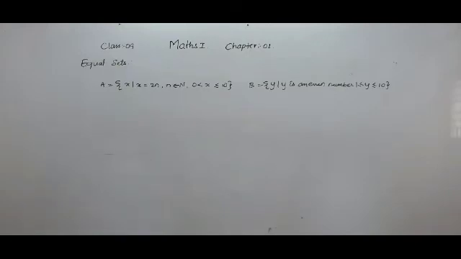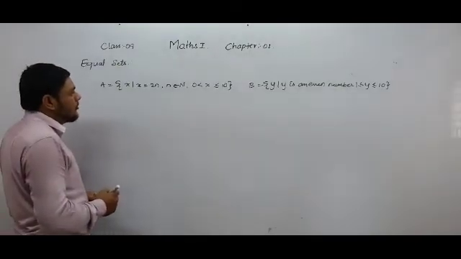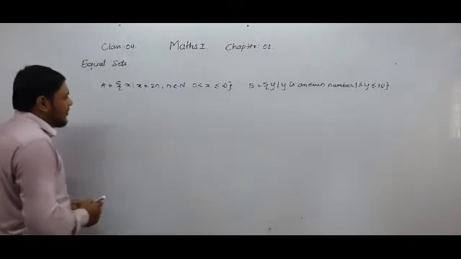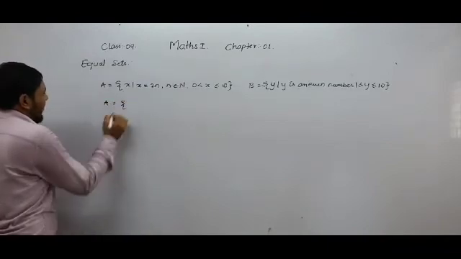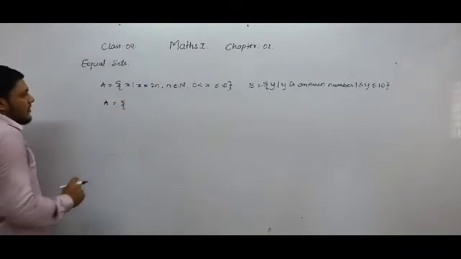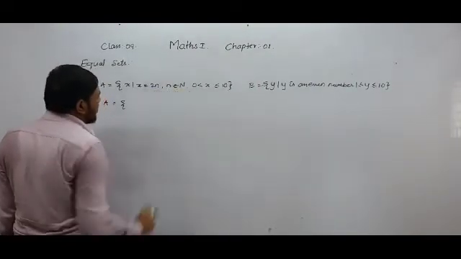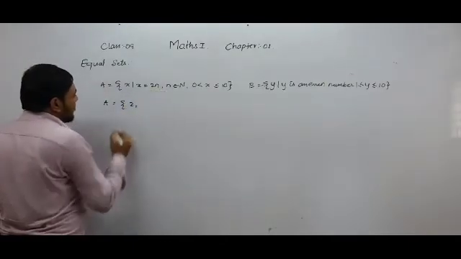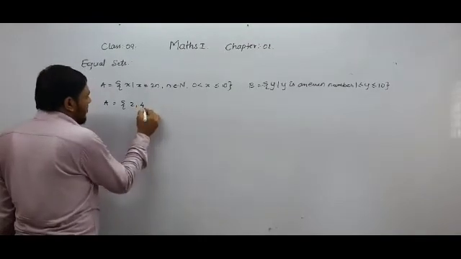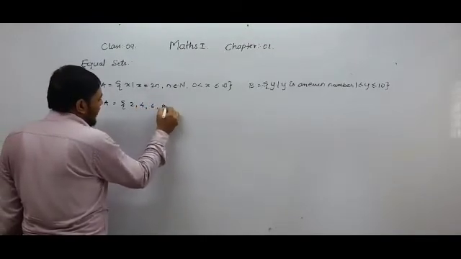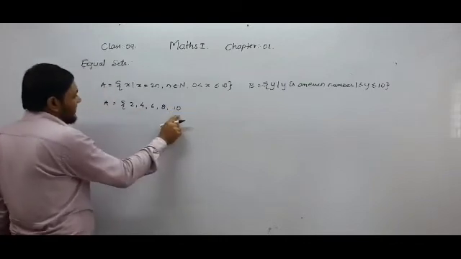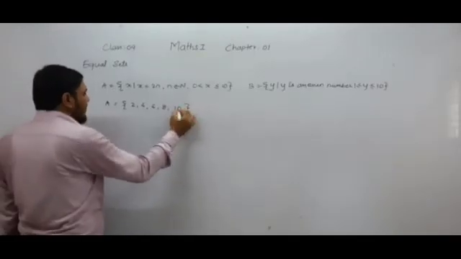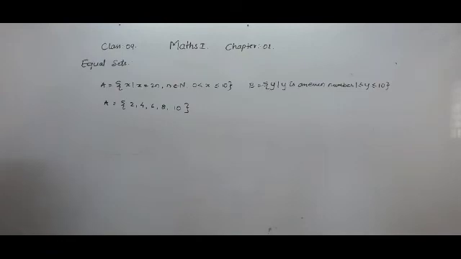So student, consider one more example. A is equal to {x such that x is equal to 2n, n belongs to N, and x is greater than 0 and less than or equal to 10}. Now we will write this set in listing form. So x is equal to 2n and n should be taken from the set of natural numbers. First we will take 1 from the set of natural numbers. So 2 multiplied by 1 will be 2. Then 2 twos are 4, 2 threes are 6, 2 fours are 8 and 2 fives are 10, and these are x. That is why x is less than or equal to 10, so we will take 10 also, and all the numbers less than 10. So this is the listing method of the set which is given in the rule method.